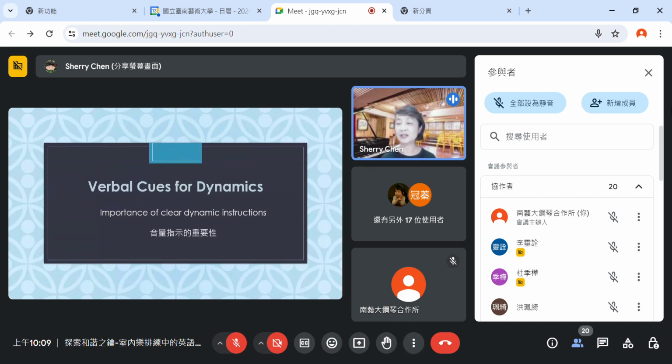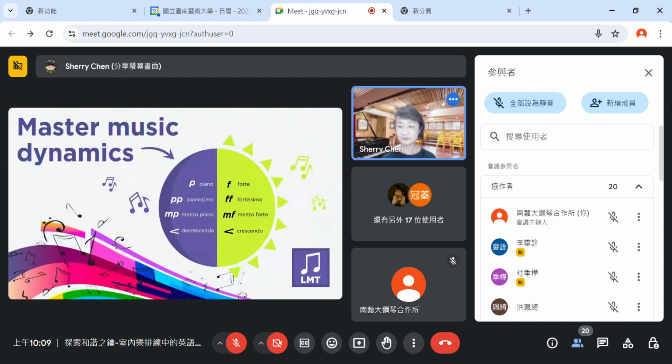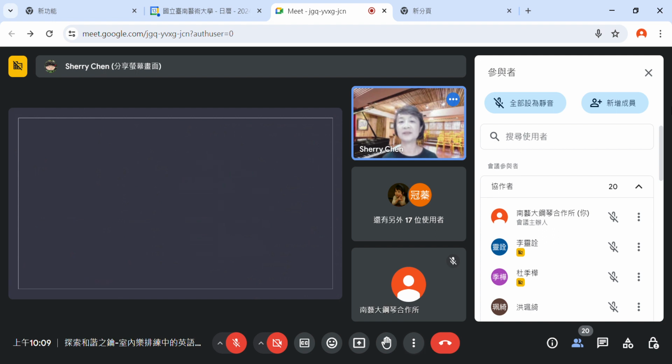Okay, so let's start with verbal cues for dynamics. 我们最常需要去，第一个我们 chamber musician get together. The first thing is to understand the score, understanding the parts. So it's so important to indicate clear dynamics. Okay，所以大小声是非常非常重要的。These are the most common dynamics that we see on the score: piano, pianissimo, mezzo piano, forte, fortissimo, mezzo forte, crescendo, decrescendo, or diminuendo. Decrescendo 我们也可以称之为 diminuendo.